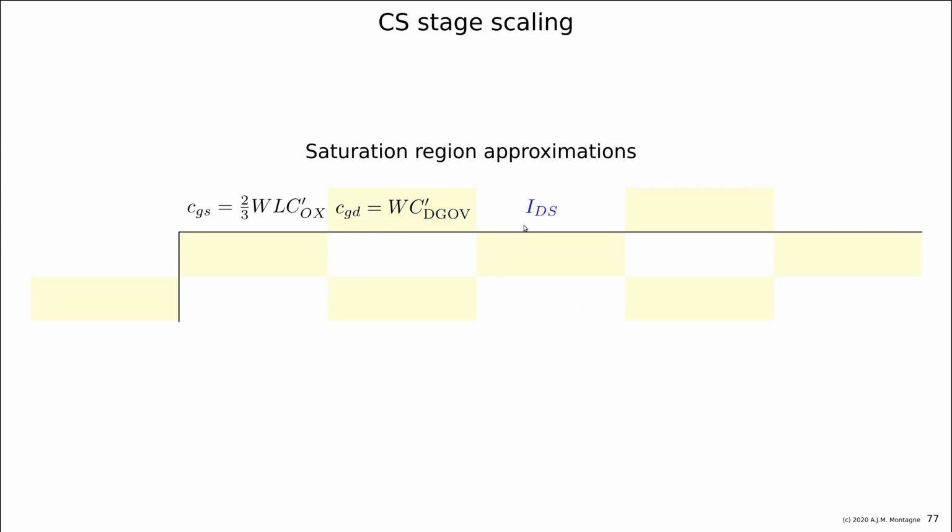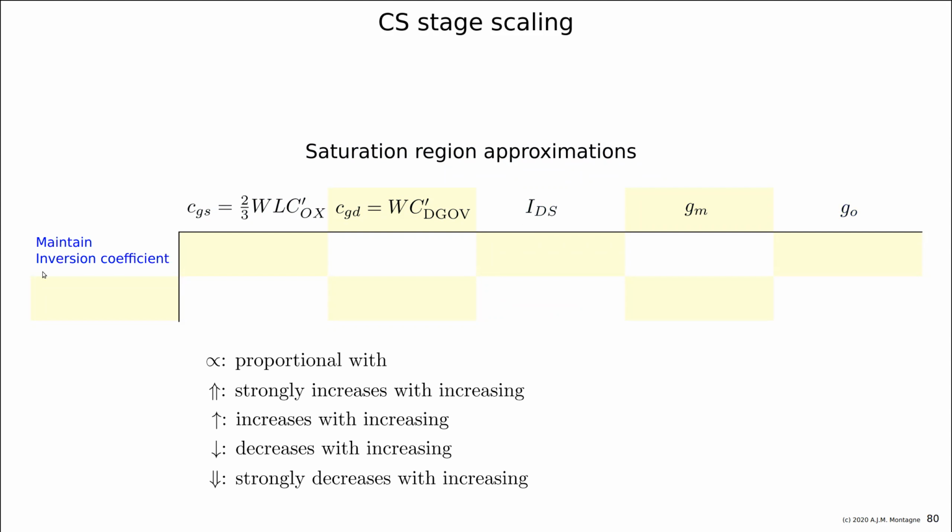The other things are a little bit more complicated. So IDS, GM, and GO. And that's why we study two cases. One is to maintain the inversion coefficient and then do something with the device scaling, with geometry scaling, and see what happens with the parameters. And the other one will be to maintain the current. So let's first maintain the inversion coefficient, which basically means that if you scale a device, you want to